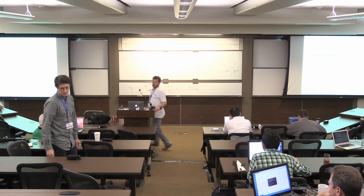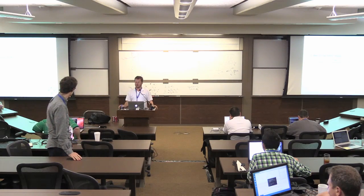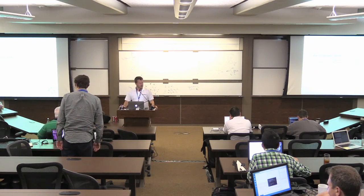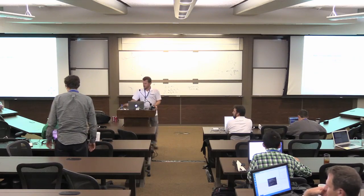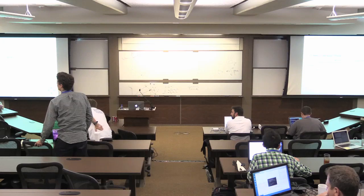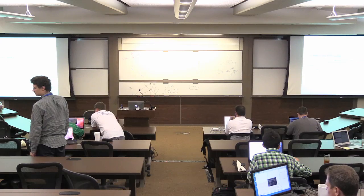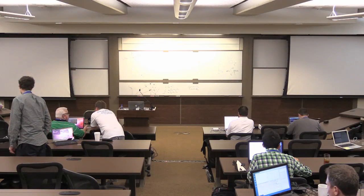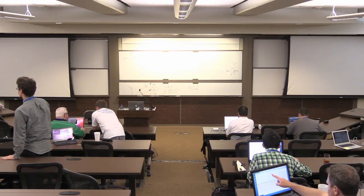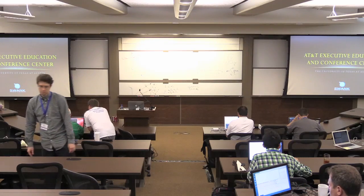On the virtual machine image, use Python 3 or IPython 3 as your Python executable, and things should just work. I've got a question: what makes Boost produce a Python 3 module? You're saying it does produce a Python 3 module that works, and trying to work with Python 2 doesn't work. Yeah. So if you look at the makefile...